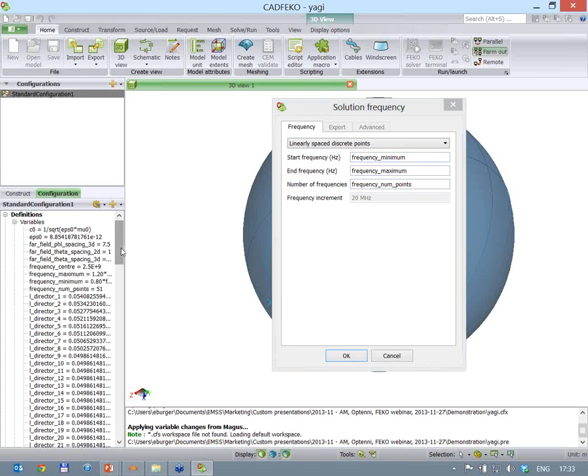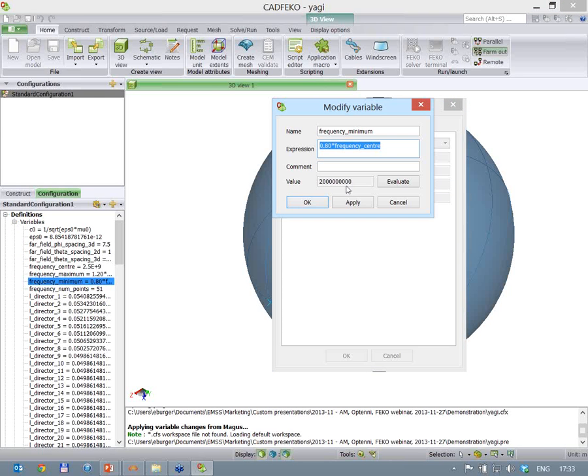Now I'm just going to review what these variables are, so let's go and look for frequency minimum to start with. You can see the variable in the CAD FEKO tree towards the left. Let's double click this and review. You'll see that it is now 2 gigahertz. I'm going to modify this, for the sake of time in our simulation this afternoon, to a slightly narrower band. Since we are interested in the band of 2.4 to 2.5 gigahertz, I'm going to give it just a